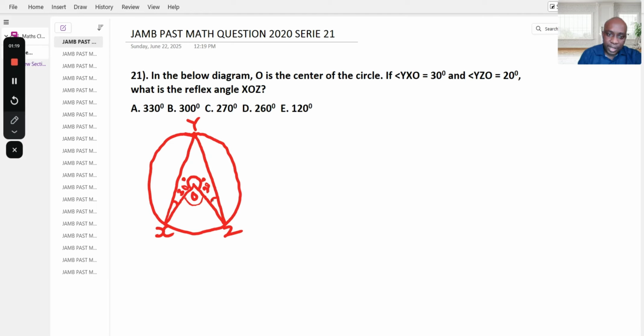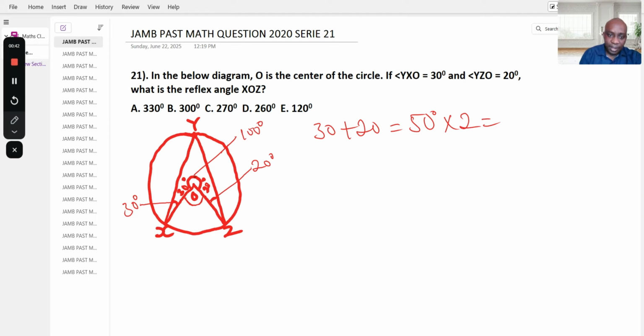If you look at here, this is 20 degrees and here is 30 degrees. The summation of the 30 and the 20 will give us half of this angle. 30 degrees plus 20 degrees is equal to 50 degrees. Times 2 of this will be equal to